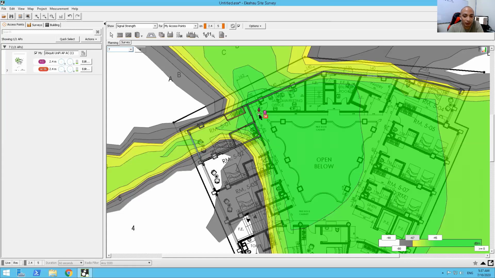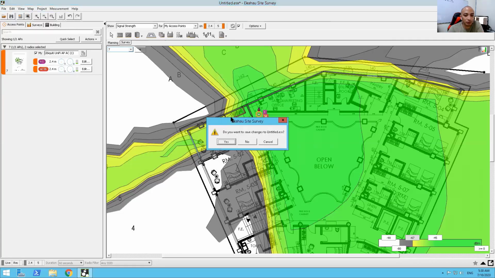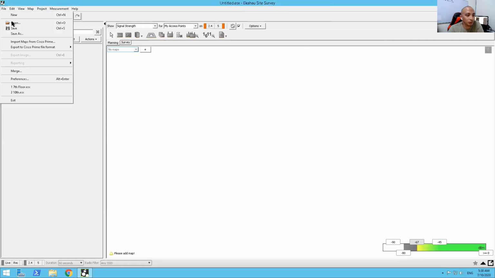Okay, so the reason this part is actually very green is because I haven't plotted yet the rest of the floor. Okay, and as you can see, with just doing this room, okay, it took us already a couple of minutes. Okay, so I will load a finalized version of this floor, okay, so that we will have a very accurate simulation of how our Wi-Fi access points will perform on this floor of the hotel. So let me just click on new here. Actually, we're going to be opening